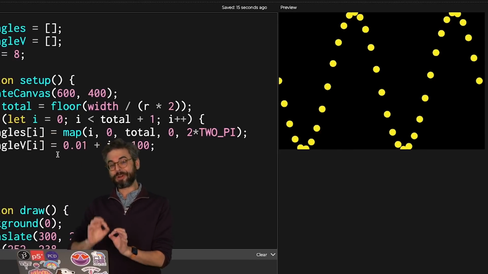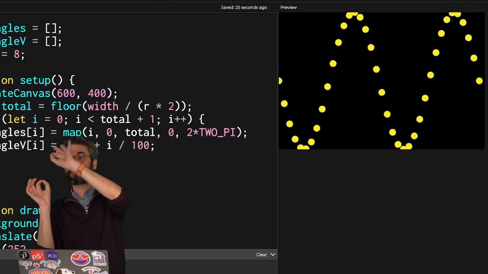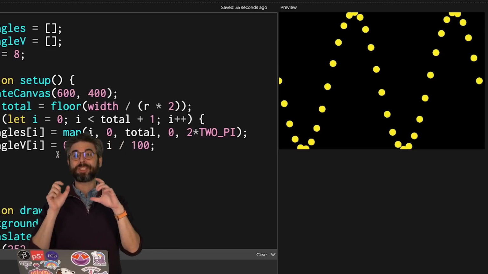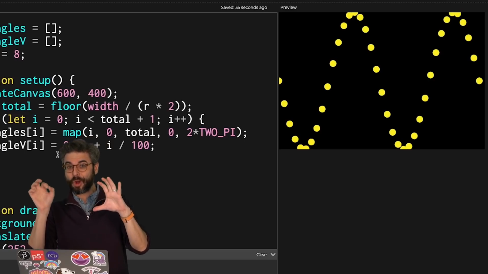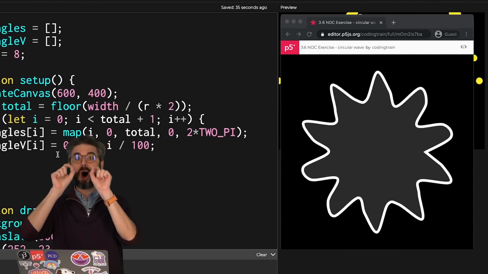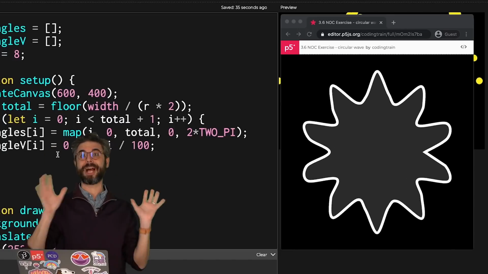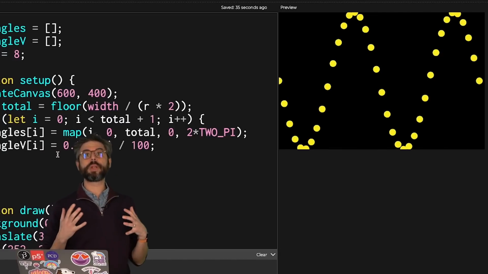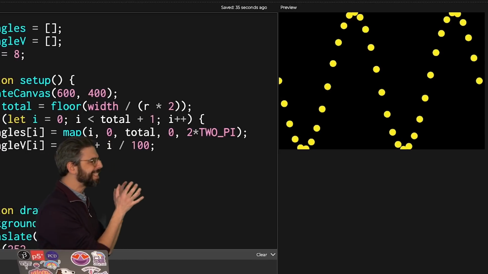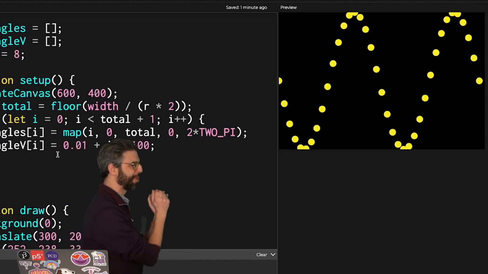Certainly, could you create this wave pattern around the perimeter of a circle? In the way that I showed you how to use polar coordinates to draw your own circular shape, could you offset the various points, the vertices of that circle, according to a sine wave? The other thing, which is less of a creative output idea, is that this isn't going to be super easy for me to work with going forward.